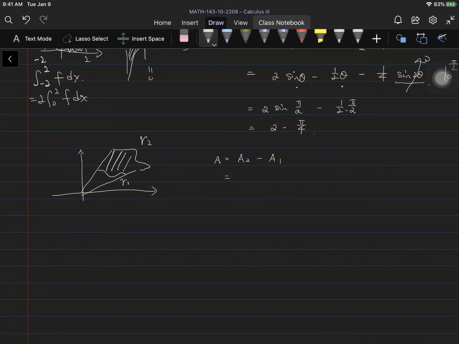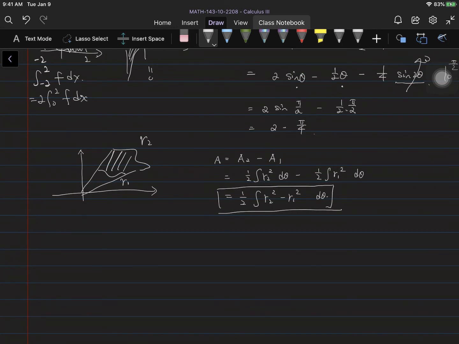So the outside is 1/2 R2 squared d theta, minus 1/2 R1 squared d theta. And if we combine, it's 1/2 times R2 squared minus R1 squared d theta. So in the future, you can use this formula. Oh, you don't need to memorize it, we always just use the outside area minus the inside to get the